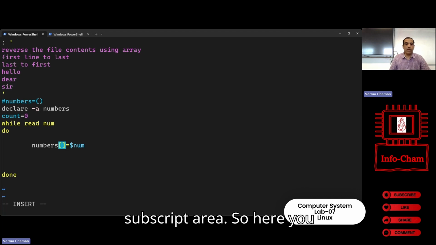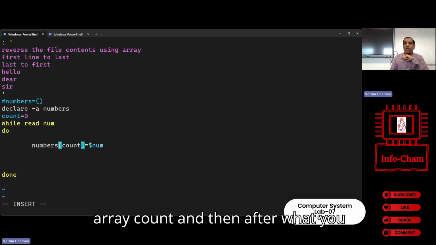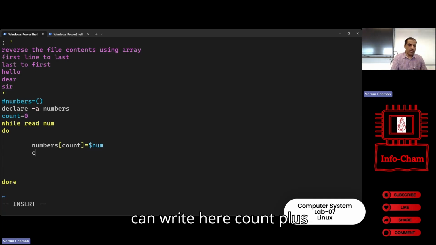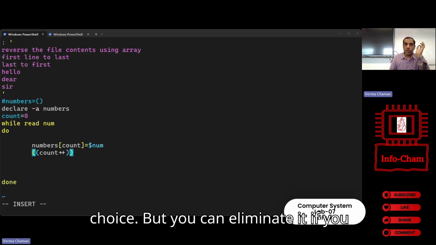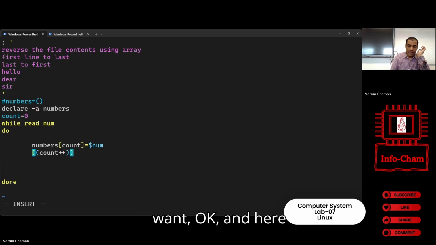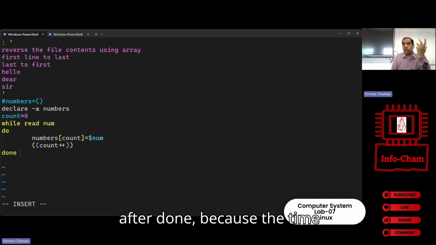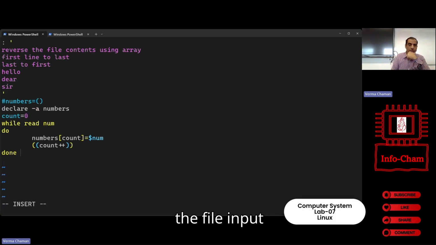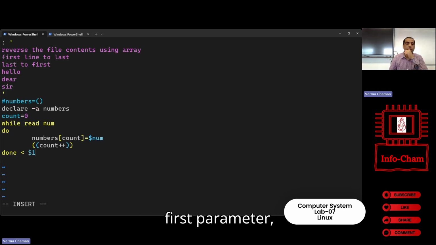So here you can put, for example, the variable which will denote or designate the indexing of this array: count. And then after, what you can write here, count plus plus, but please don't, you can use an expression command. This is your choice, but you can eliminate it if you want. Okay. And here, after that, the time comes for giving the file. How to give the file? Input redirection. The file should be the first parameter,